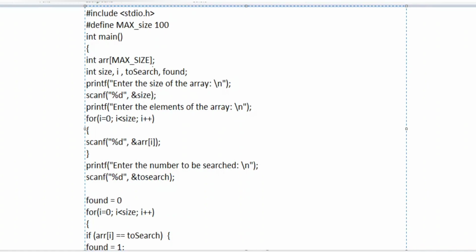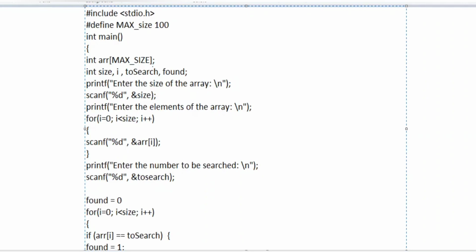Then the elements of the array are taken as input from the user and stored in the array arr. Then the number to be searched is taken as input from the user and is stored in the toSearch variable.